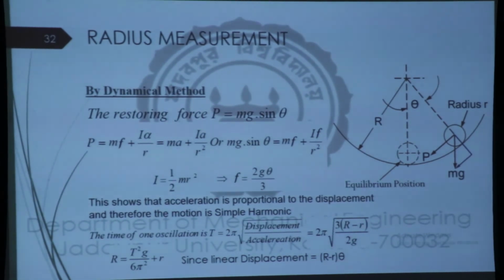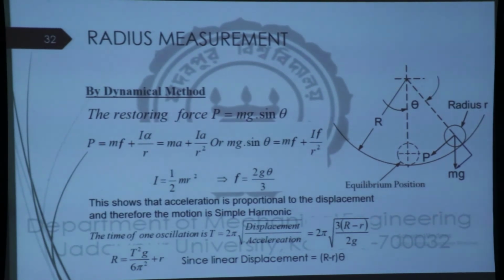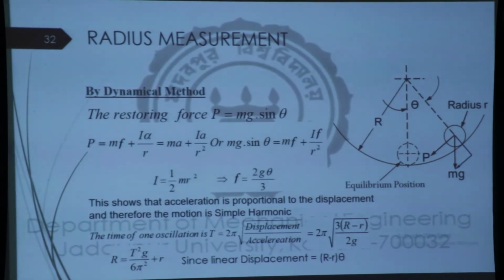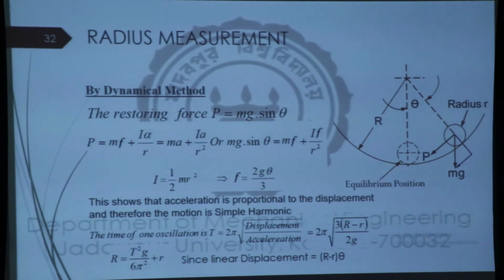That depends on the given job. Supposing the job is a bit larger, concave type of shape, allow a roller to roll on it, to oscillate on it, and it is proved that acceleration is proportional to theta, meaning that it is executing simple harmonic motion. Adopting the time period, the time of one oscillation, you can find out the radius indirectly.